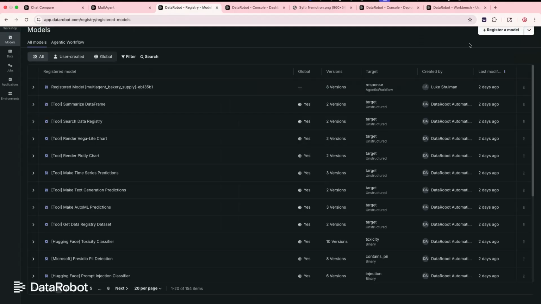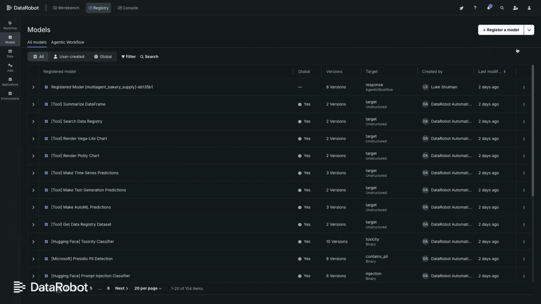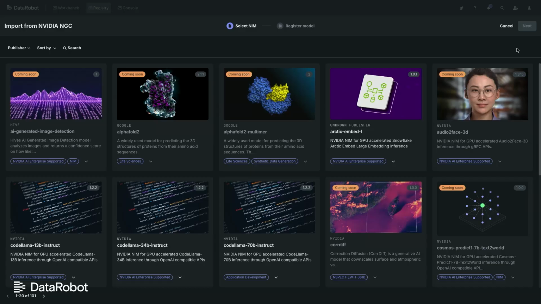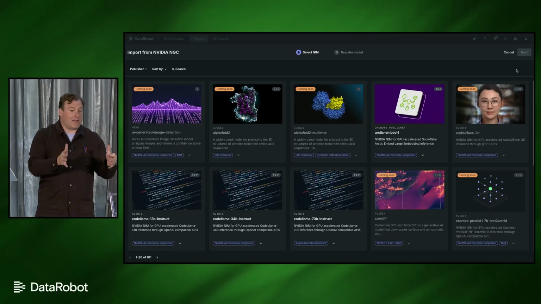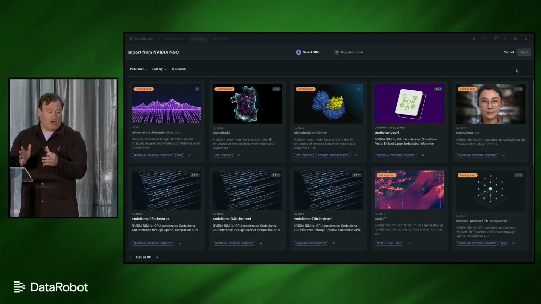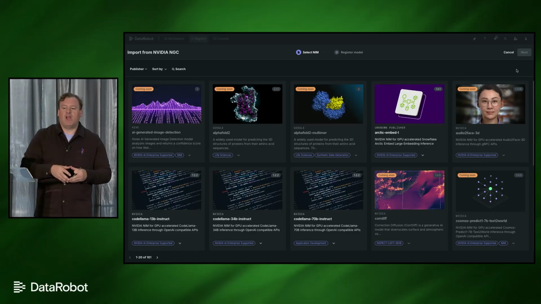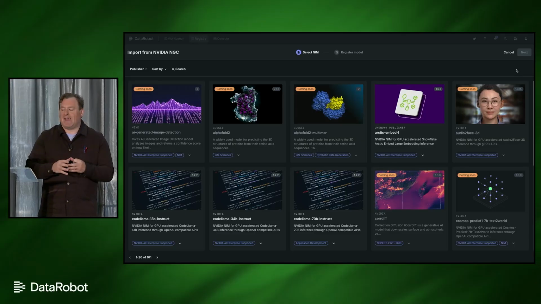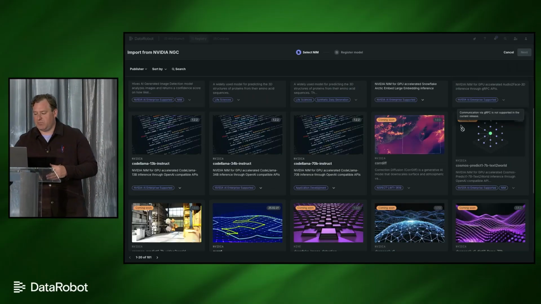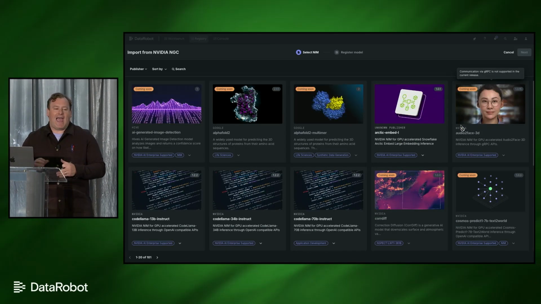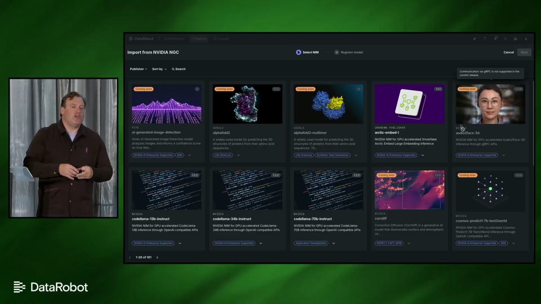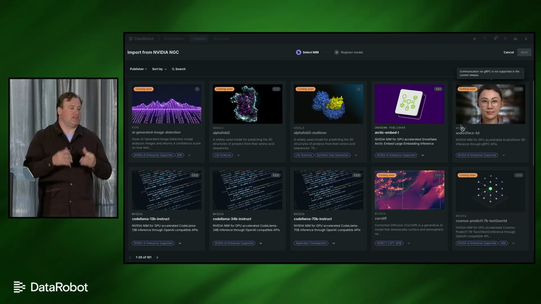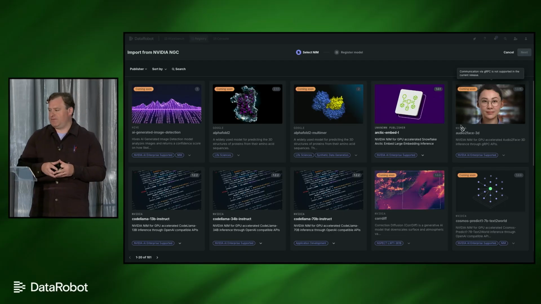Likewise, it's fun getting exactly the component you need when you need it. And that's why within DataRobot, we've embedded the entire catalog of NVIDIA NIM containers. So if you need something to do OCR, there's a model available. If you need to do audio processing, there's a model available. If you just want the latest and greatest, like GPT OSS, it's available 1 click to deploy. We also have cloud-hosted models so that you can benefit from the endpoints and some of the industry's leading researchers like Cohere and other groups.